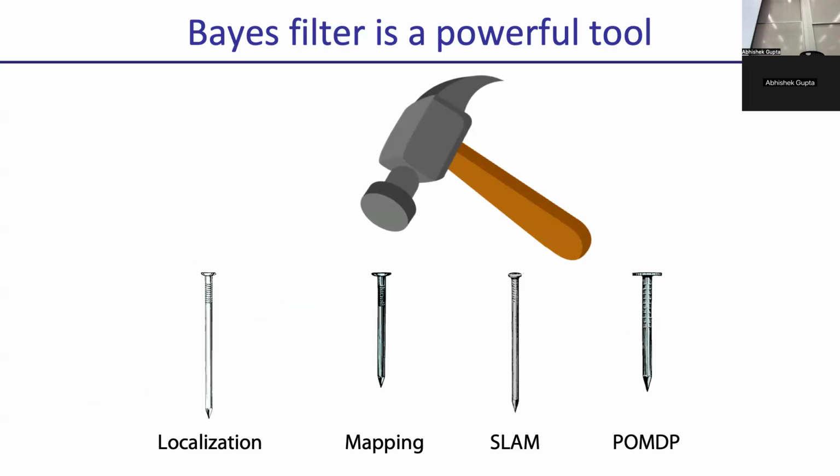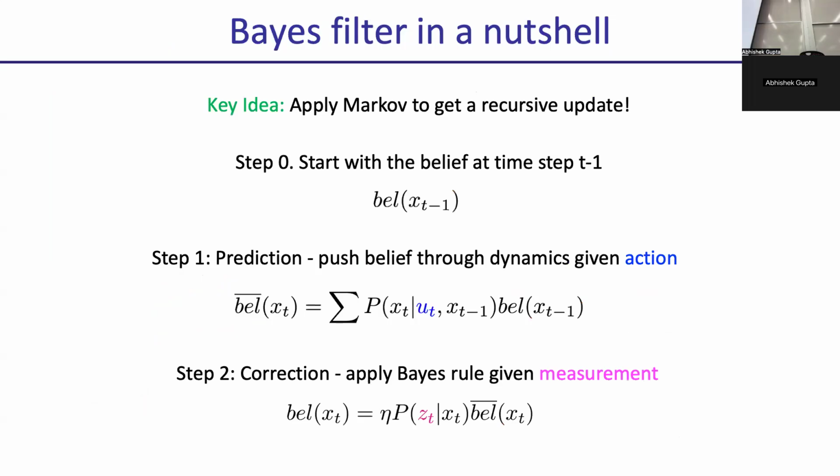Oh yeah, you can be flexible with it, right? If you didn't want to do the action step, you could just skip it. Should I skip it? Probably not. I mean, it'll still work because you'll update your belief with your latest measurements, but it's kind of like throwing away information.